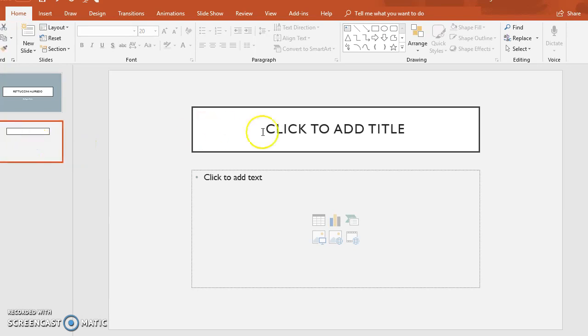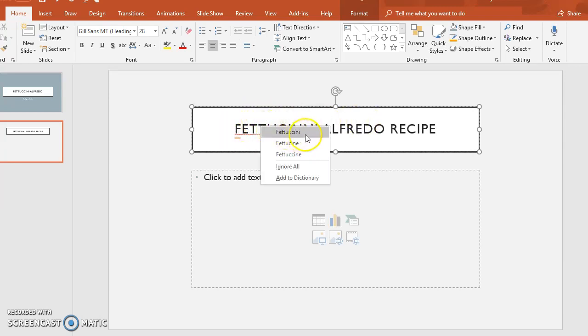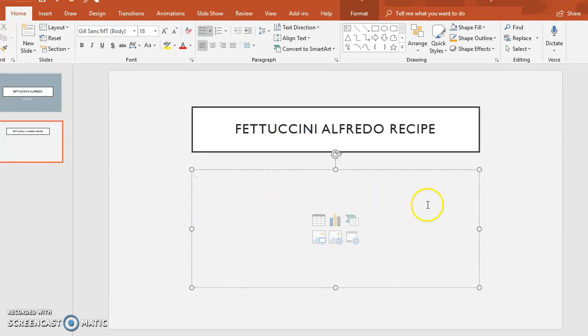And here we've got our second slide. Click to add title. Fettuccine Alfredo recipe. And see, we've got our handy dandy spell check because I've misspelled a word. So we're going to make sure we're all spelling everything right. And here I'm going to put,